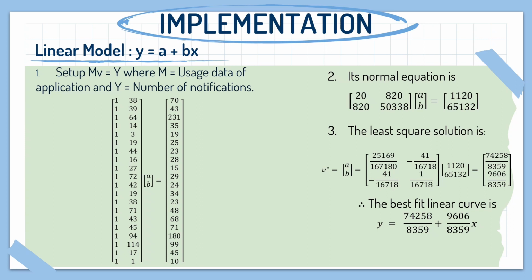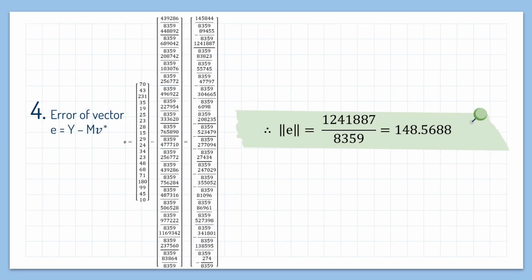Since we get constants a and b, we can arrange it into linear form that represents the best fit linear curve. Therefore, the best fit curve is y equal to 74,258 over 8,359 plus 6,606 over 8,359x. To make sure our model is more accurate, we must find the error vector with formula E equal to